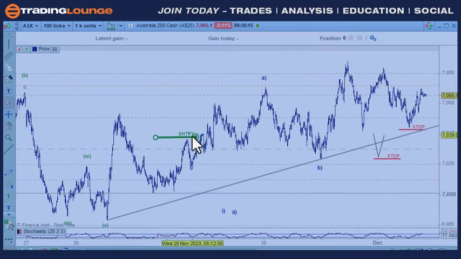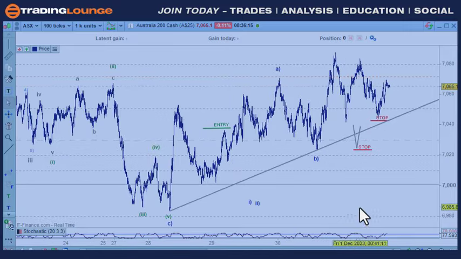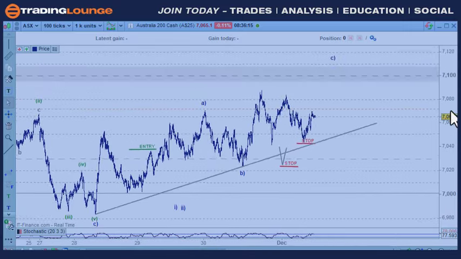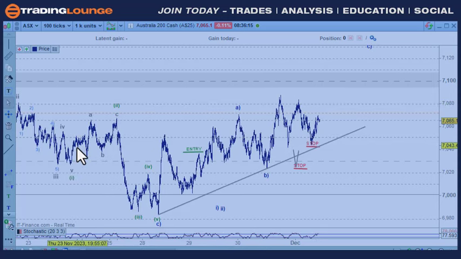So we had an entry here, and I've had the stop here, and I've moved the stop up to here. That's all I've done. Okay, so you may or may not be in this. I mean, it's pretty volatile to stay through all of that. But so yeah, the B wave here with the C wave up here for this,